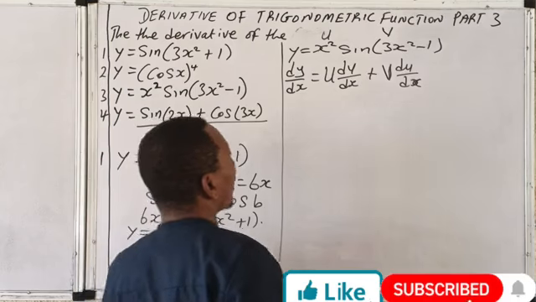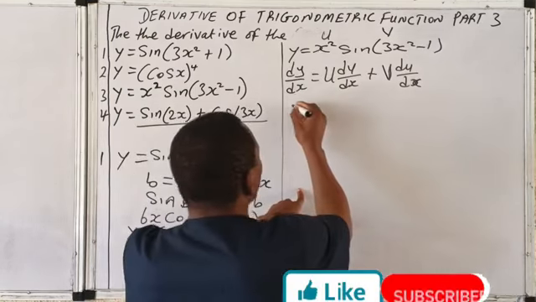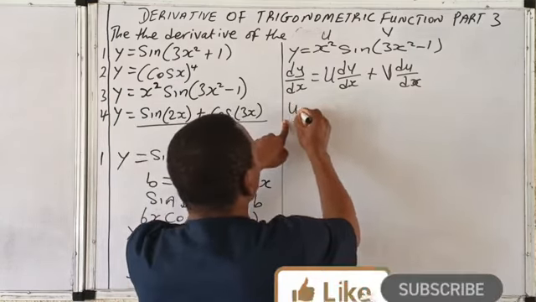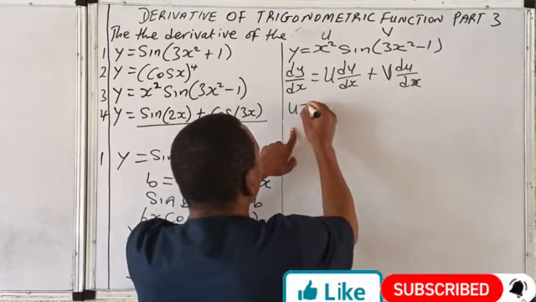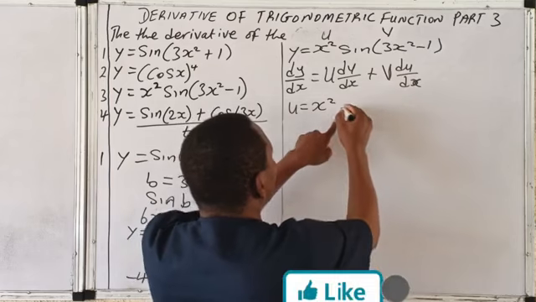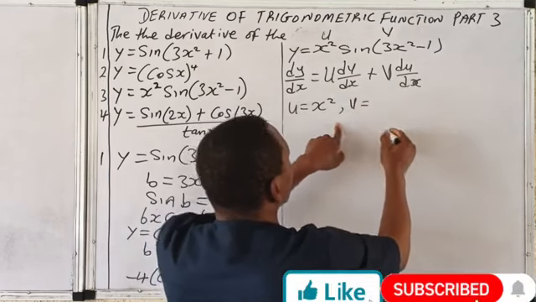So we know u. What is u? u is actually x squared. What is v? v is actually